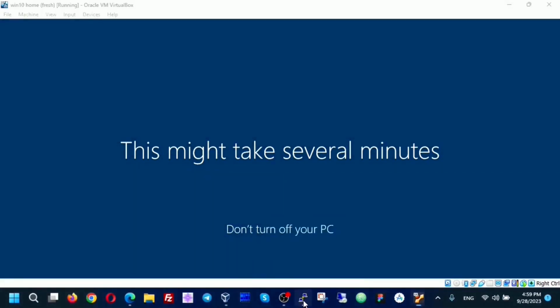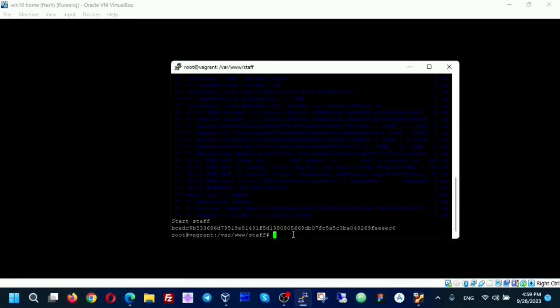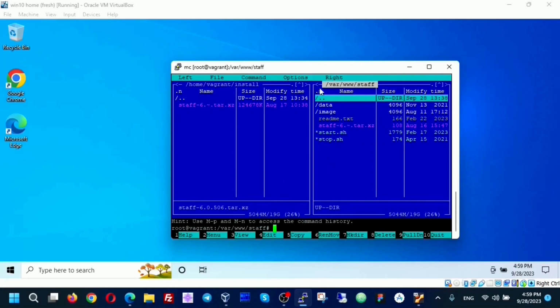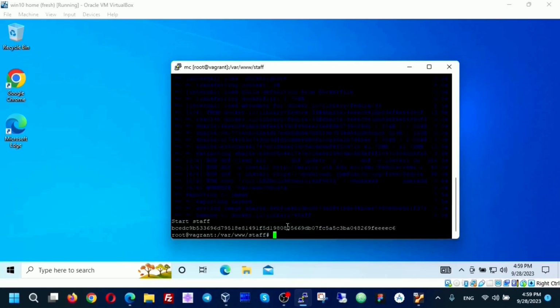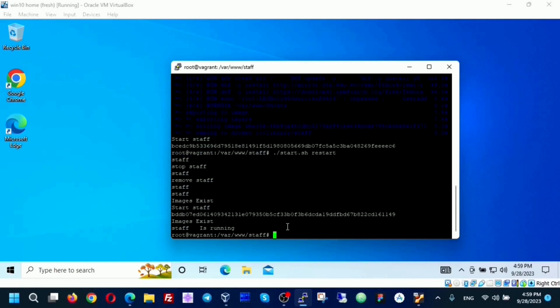How to reboot the server? Very simple. We need to open this folder and run the command start sh restart. There is a quick reboot of only our local server.